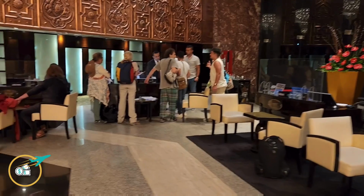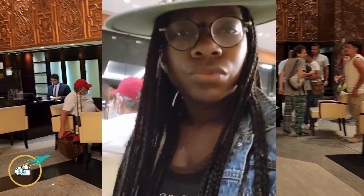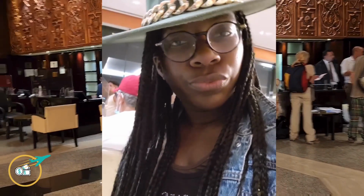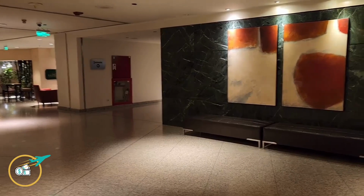The check-in process was smooth. My mom, she was all into her phone, not paying attention. Her number one rule, she tell me pay attention, but she wasn't, y'all. I had to repeat everything the receptionist said once we got to the room. Can you believe that? We enjoyed our time here at this hotel, even though it was only for 3 nights